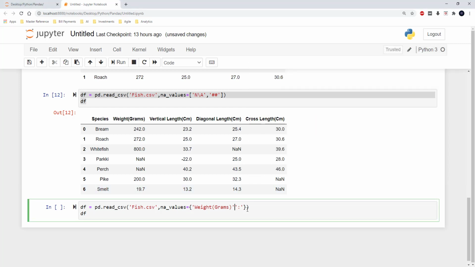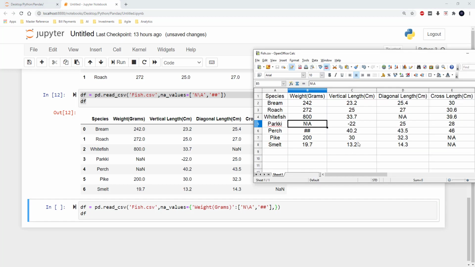So in order to do that, I am giving the inputs n/a comma ##, and then the next thing I wanted to change is in the vertical length column, -22 value is not a right value.